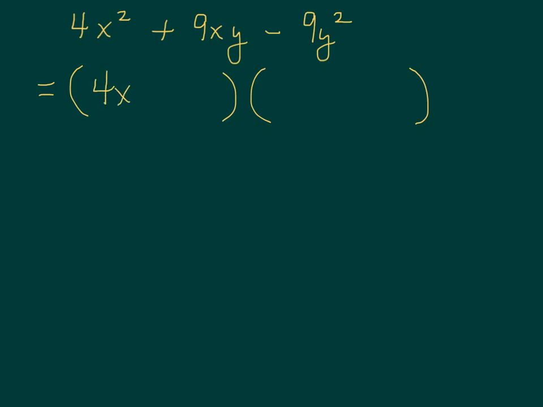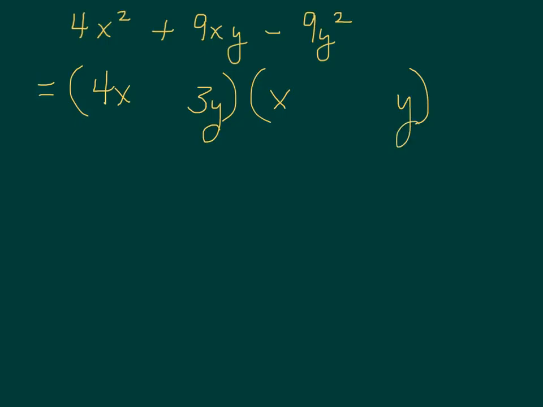So let's try 4x times x. 9y squared, the last term in our trinomial here, is either 3y times 3y or 9y times 1y. Let's try 3y